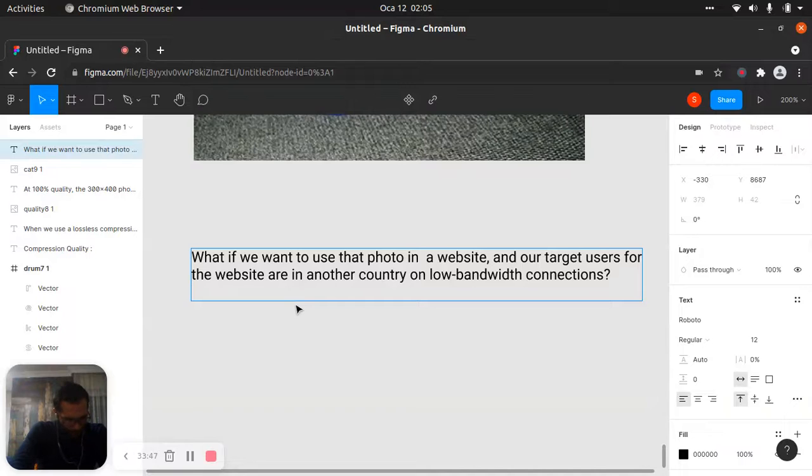The smaller the file, the faster the download. Yes, we want them to see the photo,